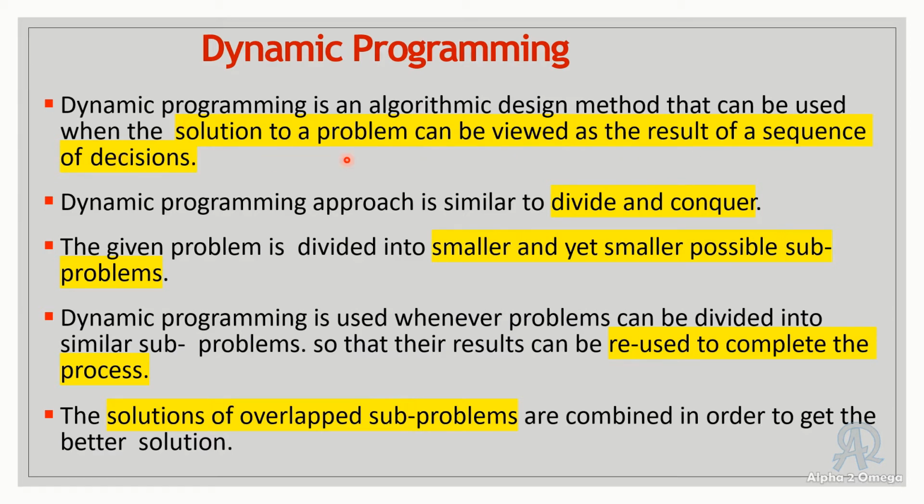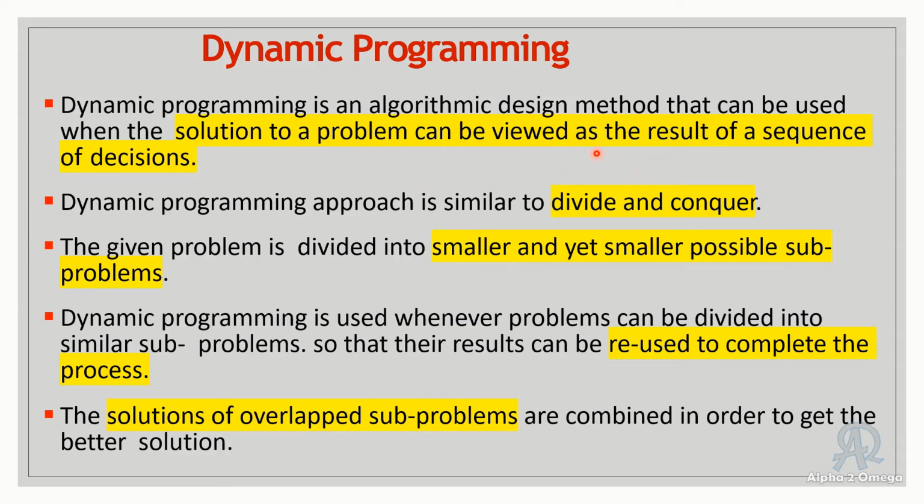Okay, now this particular explanation will best suit the Fibonacci series. You all have already learned the Fibonacci series example, isn't it? So dynamic programming applies correctly to the Fibonacci series. Okay, so it is a solution to a problem which can be viewed as a result of the sequence of decisions. So we keep adding one output to get another output, that is the Fibonacci series. Now if it was 0, 1, then 0 plus 1 is 1. Okay, then again 1 plus 1 will be 2, 2 plus 1 will be 3, isn't it? So like that it will go on, so that is what is said here.